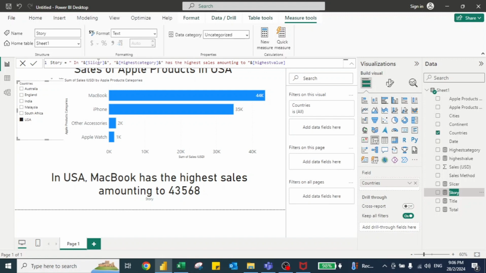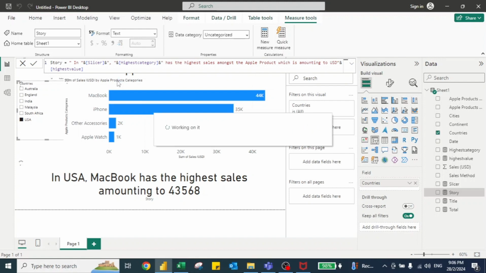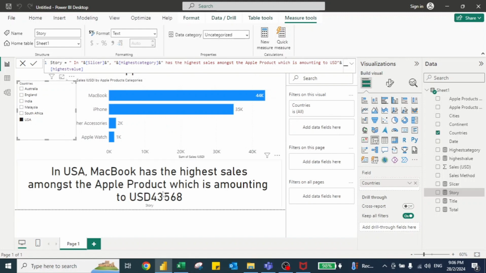So I want to say in the country, highest category has the highest sales among, okay, I'm going to put here, among the Apple products, okay, which is amounting to, and then after that I want to put here USD, and then I press enter. So once I press enter, now you'll notice the grammar is correct,